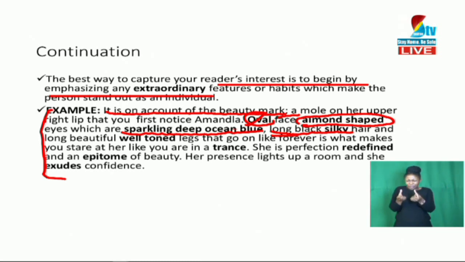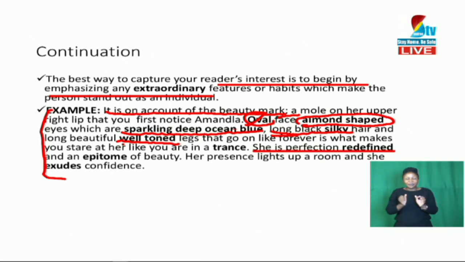And her legs are not just legs or long legs. I said they are beautiful, and I also said that they are long, they are well toned. And I then said, she is perfection redefined. This person is really beautiful. I did not say she is beautiful. That is just ordinary language. But I said, she is perfection